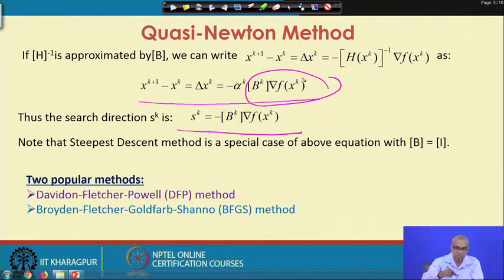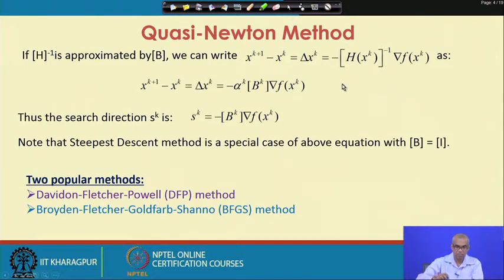Now, compare this with the steepest descent method. If B matrix is equal to identity matrix, the search direction is minus gradient of f at x k, which is the search direction for steepest descent method. So, steepest descent method becomes a special case of this equation with matrix B equal to identity matrix.